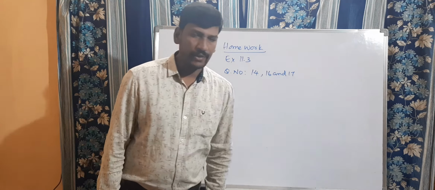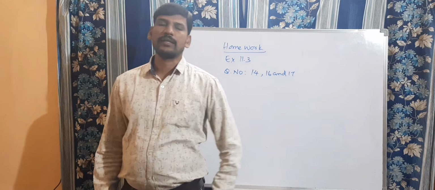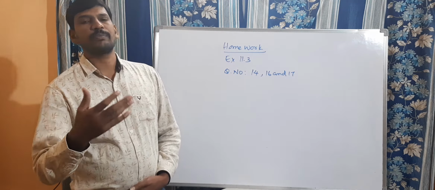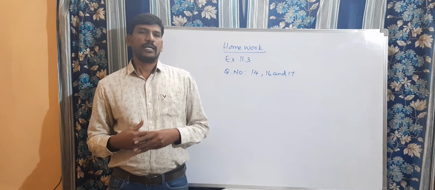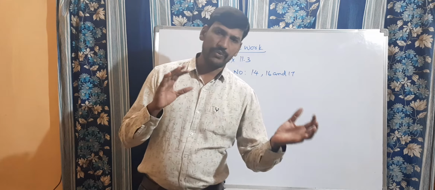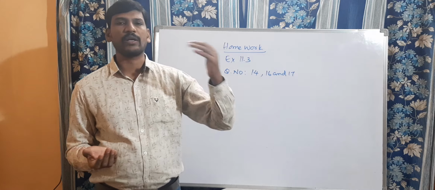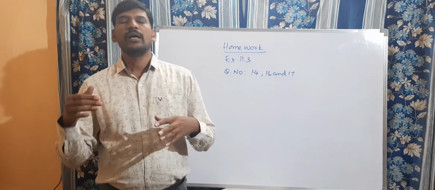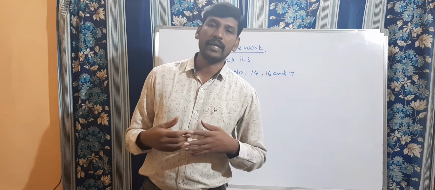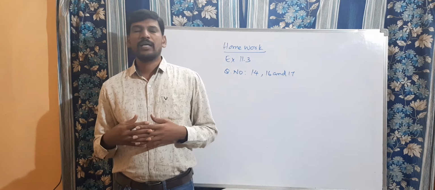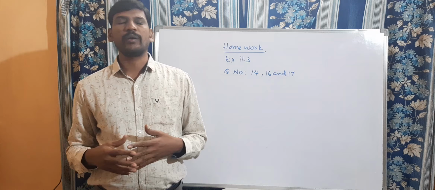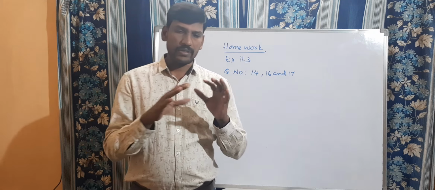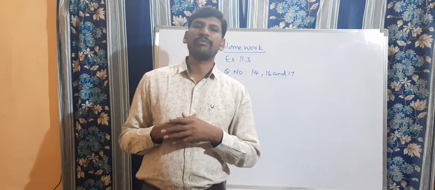Right, children, I hope you understood today's class. Whatever we discussed, the problems based on the circle as well as area of path, as well as conversion of units, that is 1 centimeter square equal to how many millimeter square, 1 meter square equal to how many centimeter square, 1 kilometer equal to how many meter square, and 1 hectare equal to how many meter square. Right, children, we discussed all this as well as area of path also.